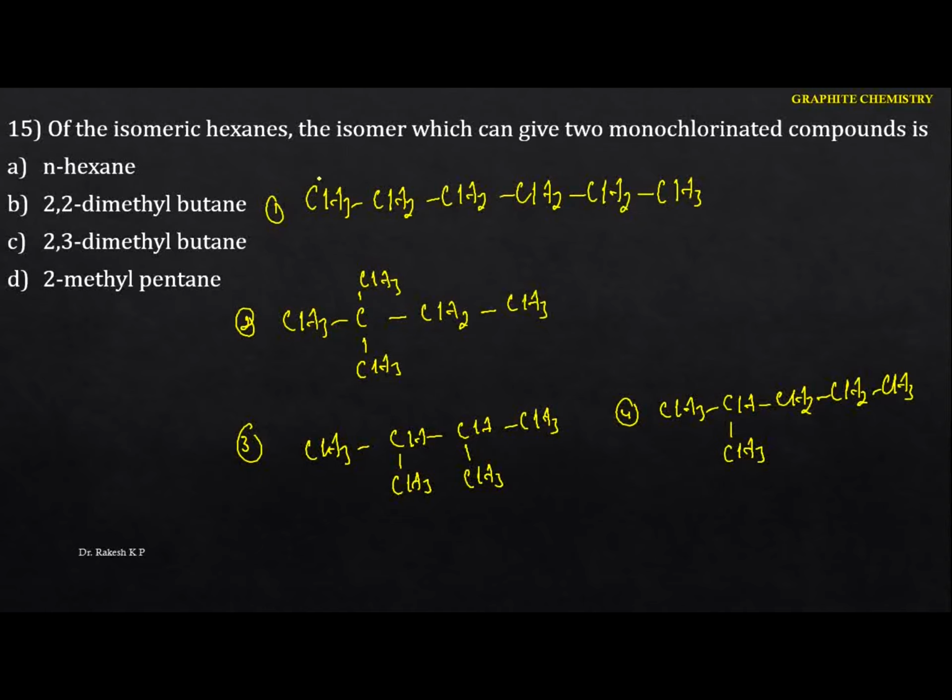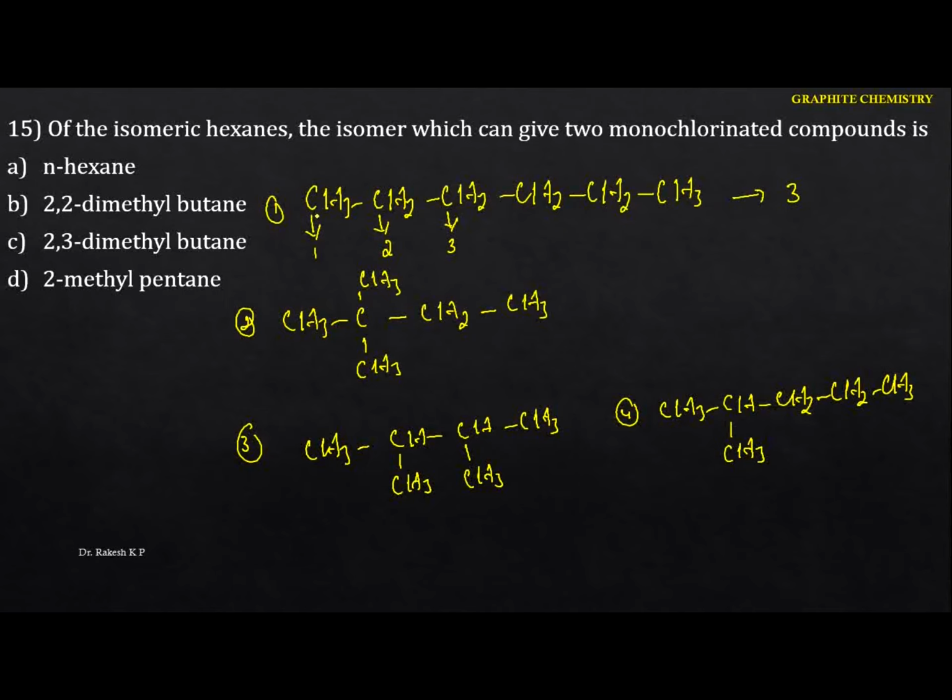Here we can identify the primary and also the secondary carbon atom. If I replace the particular hydrogen by chlorine, this will be the first product. And I can replace this hydrogen by chlorine, and we are going to get the second product. And here also I can identify the third one. And even if you remove also, you are going to get this one. That means how many monochlorinated products are you going to get? This is 3. Okay, just identify.